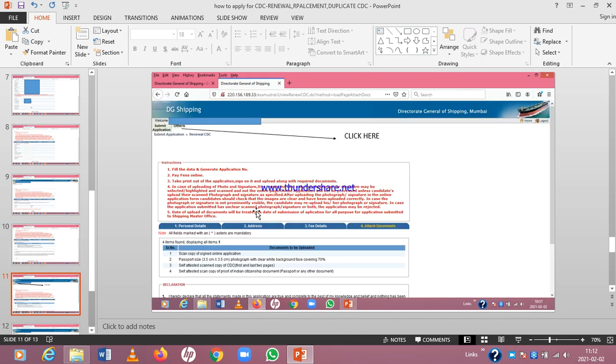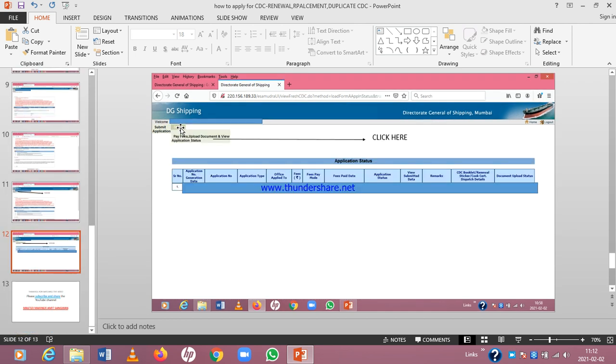Then you come back here on the front page again and click on others. When you click on others, you will get these options: pay fees, upload documents, and view application status. When you click here, this window will open, and you will get the option of paying the fees. Pay fees now. So you click on pay fees now, follow the steps and pay 700 rupees.